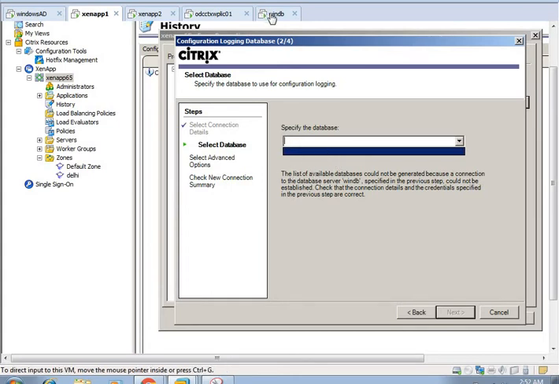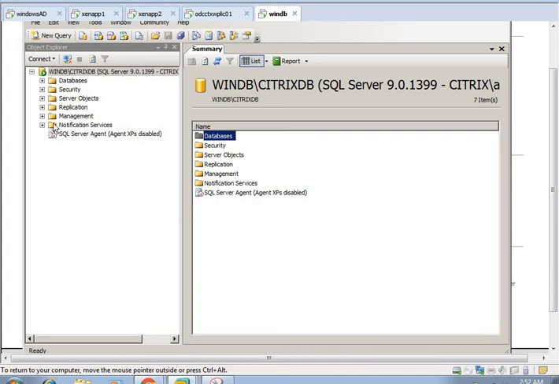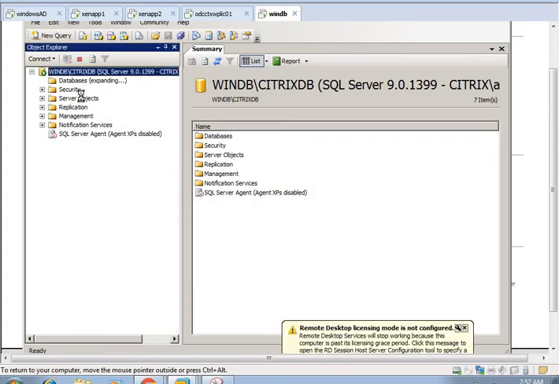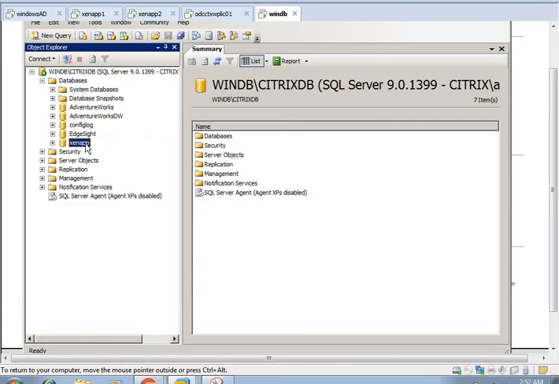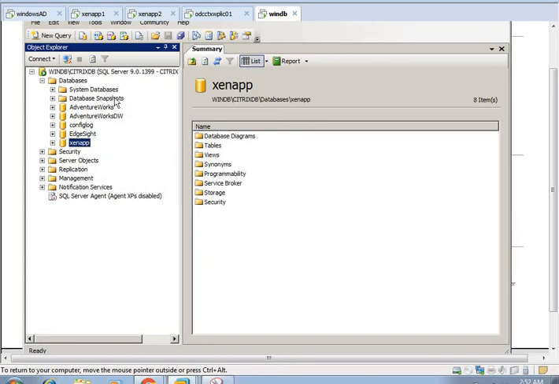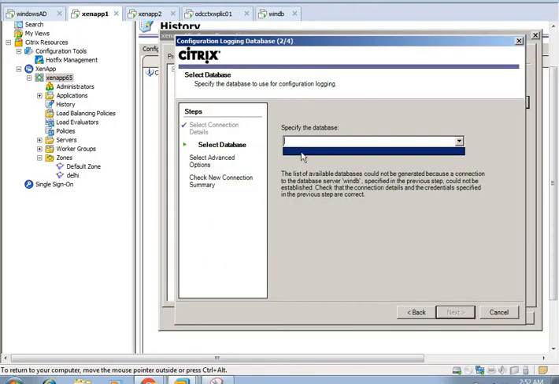It's not showing because I think of the database. Okay, in the database server, I am expanding this. WinDB is the database server name, and CitrixDB is the Citrix database, and inside that is the XenApp database for Citrix XenApp.